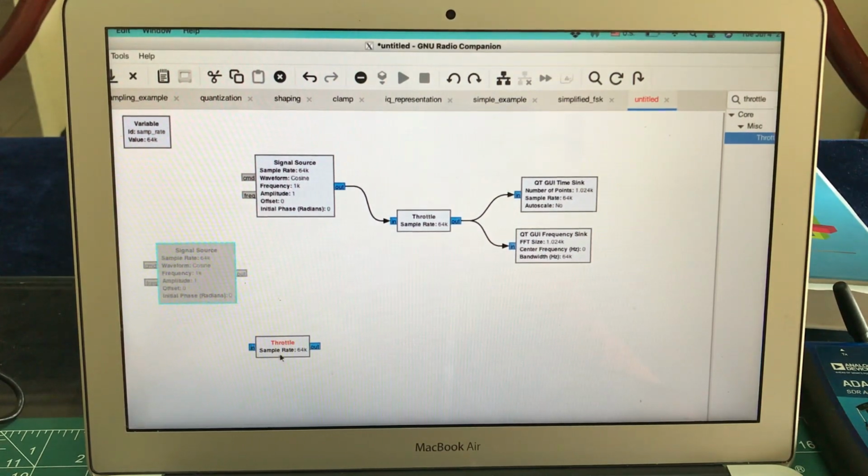Next thing is, I don't need this. I can just simply delete this by highlighting it and pressing this. I can delete this, or I can just disable it. It will have nothing to do with the flow graph. Now,